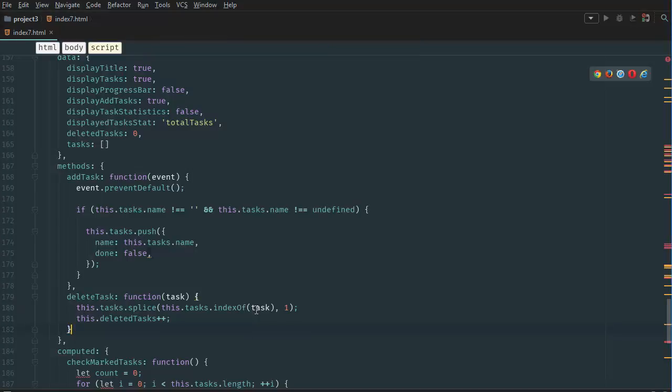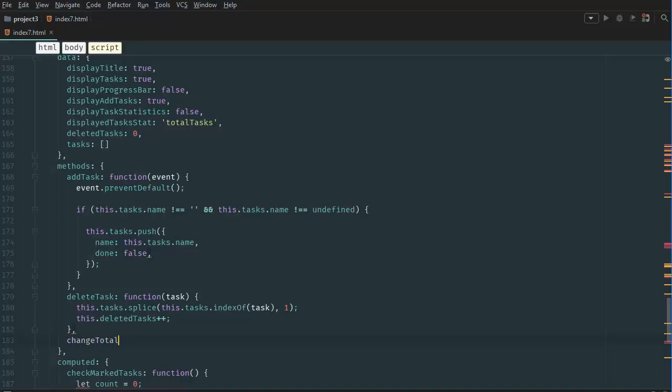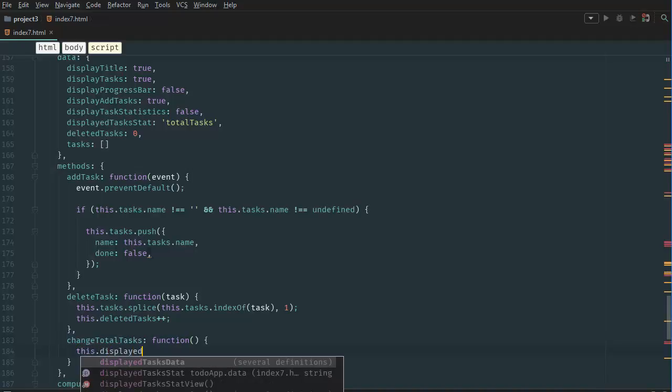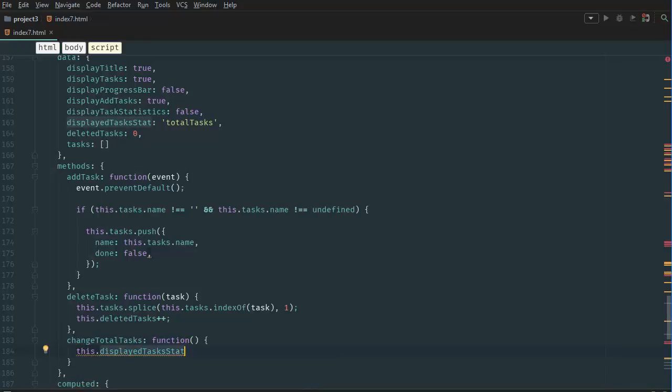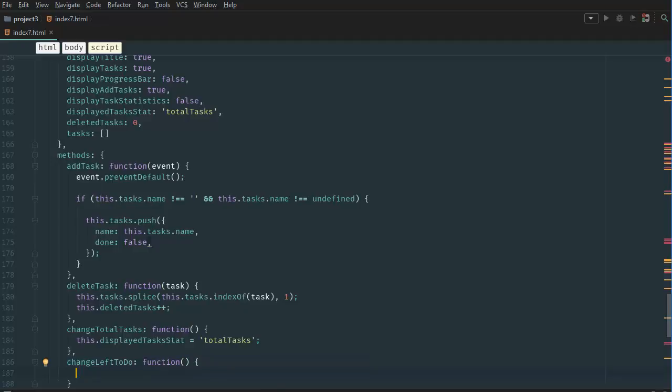So here our first one is changeTotalTasks, function: this.DisplayedTasksStat is equal to totalTasks. That's not going to do anything yet because we start with total tasks. However, on the next one, we want to say changeLeftToDo function, and then we say this.displayedTasksData is equal to leftToDo,